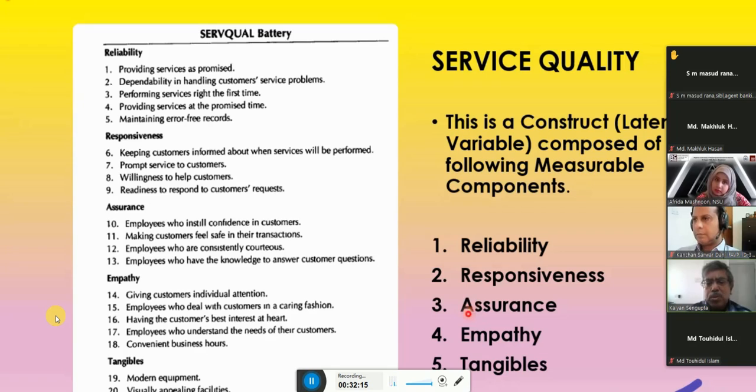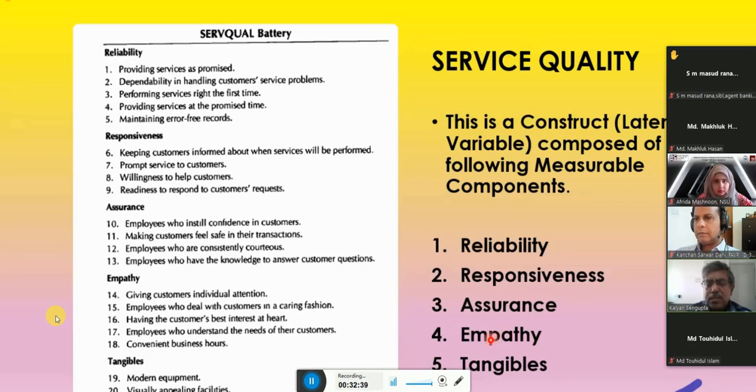And the fourth dimension is called empathy. Empathy is a human dimension. That means they are empathetic to you. So if you are in a long queue, say an aged person, they can help you out. They have the empathy to understand the human problem, and they are always helpful.